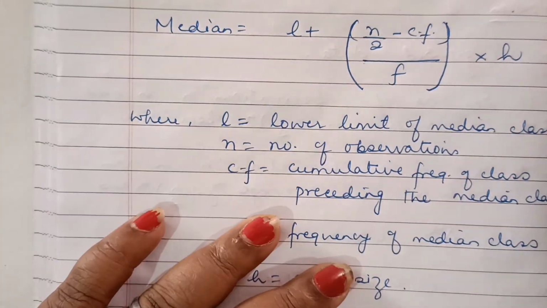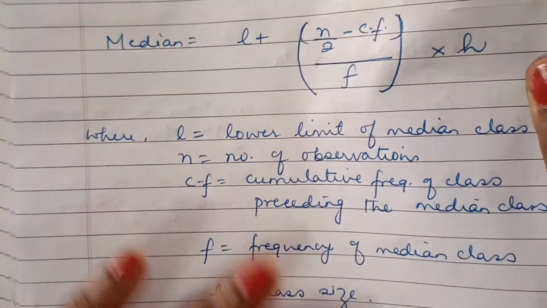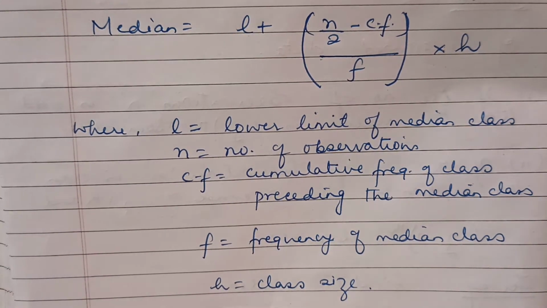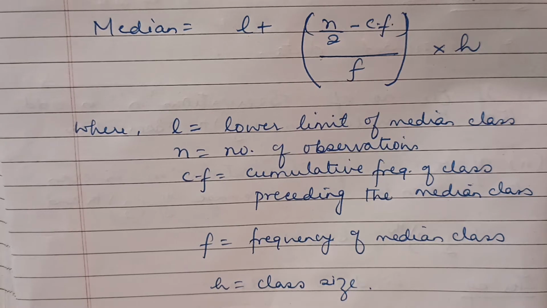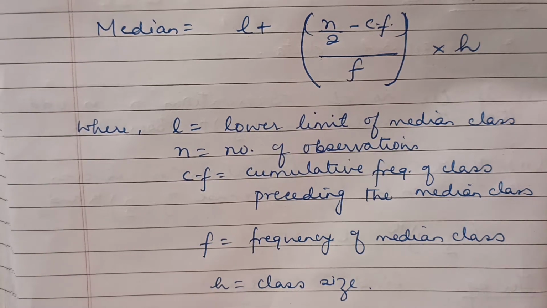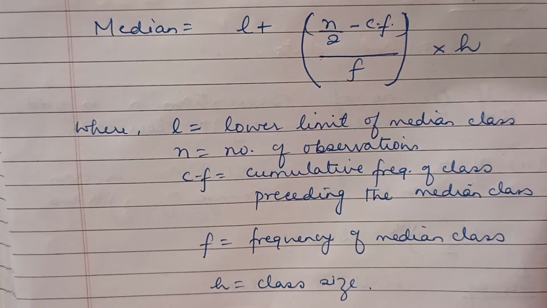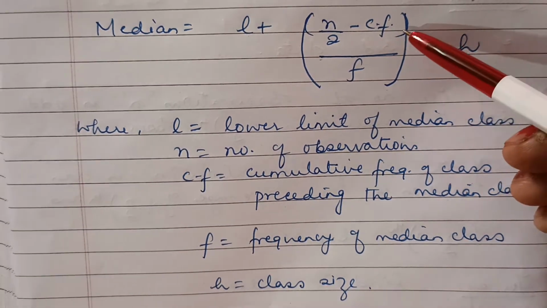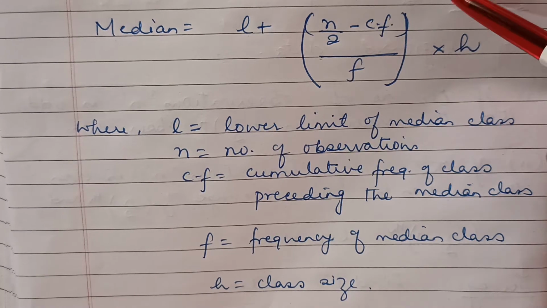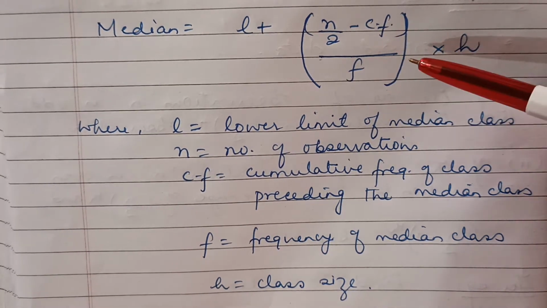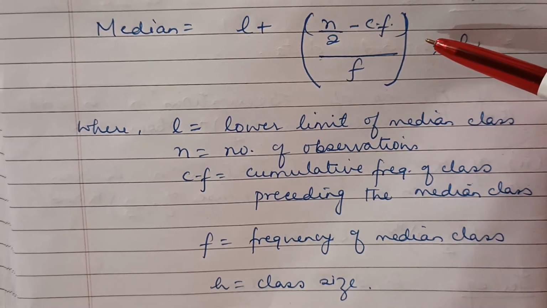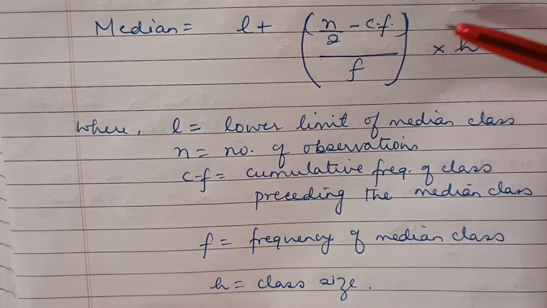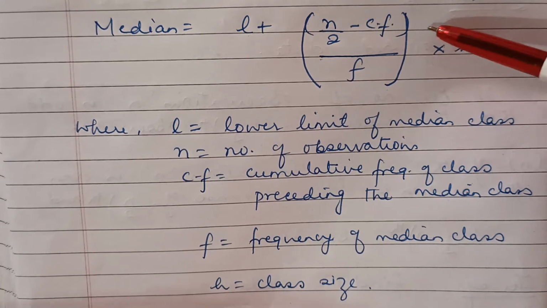Now to find the median of grouped data, one new term you will be learning is known as cumulative frequency. Now what is cumulative frequency? It is the sum of all the previous frequencies up to the current point, and it is calculated by adding each frequency from a frequency distribution table to the sum of its predecessors. When we solve it, you will clearly understand it.